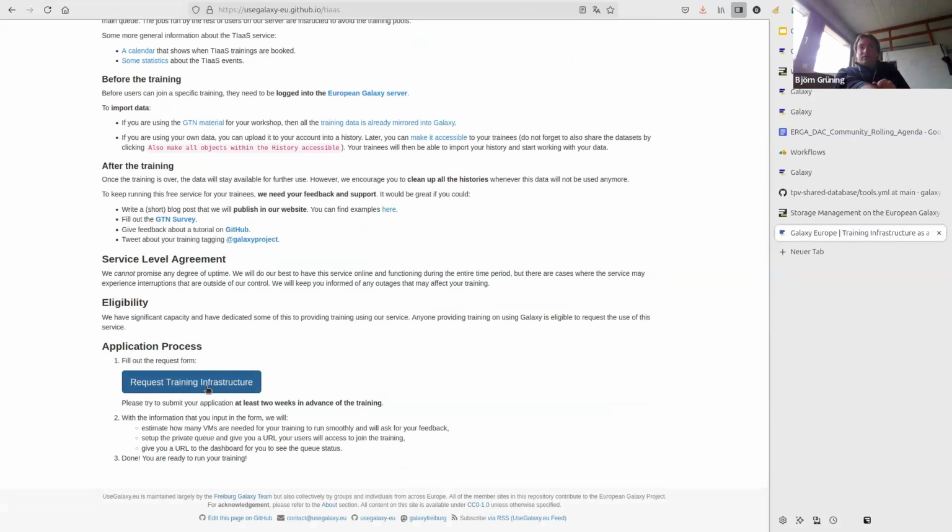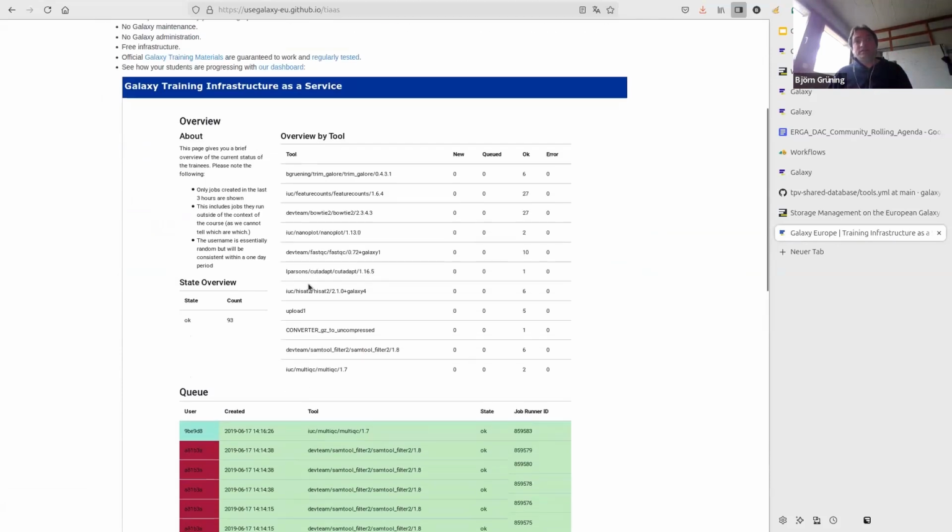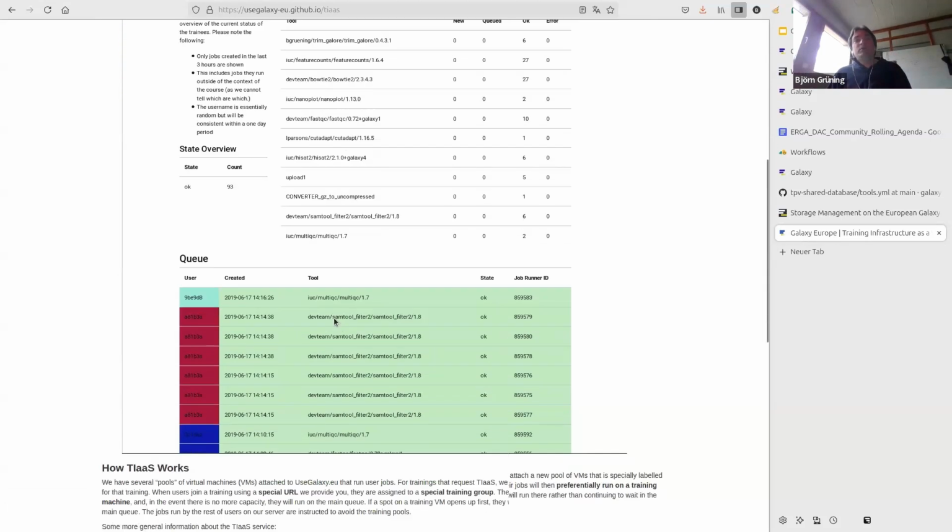Then you will get a link from us. This link you need to distribute to your students. They need to click on this link. And once they have clicked on this link, you get dedicated resources for this week of training or for this time span of training. You as a trainer, you actually get a nice dashboard that looks like this, which will show you that certain users,